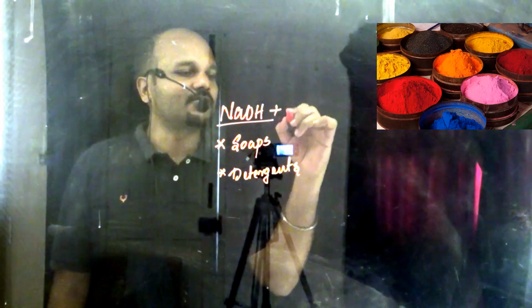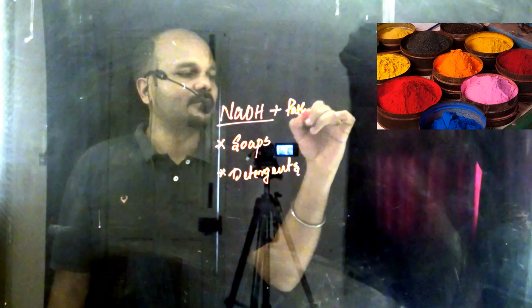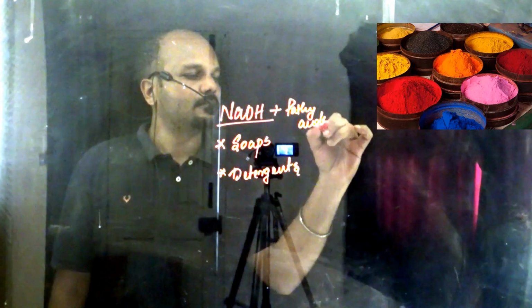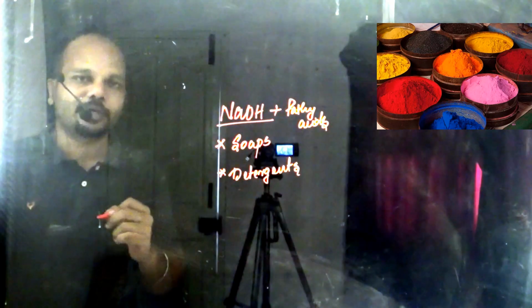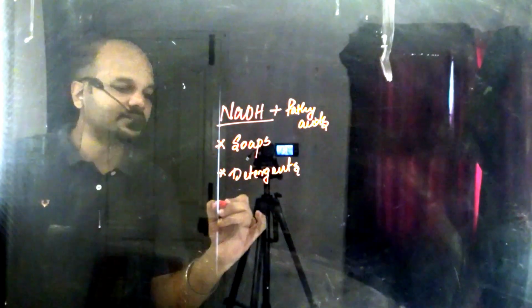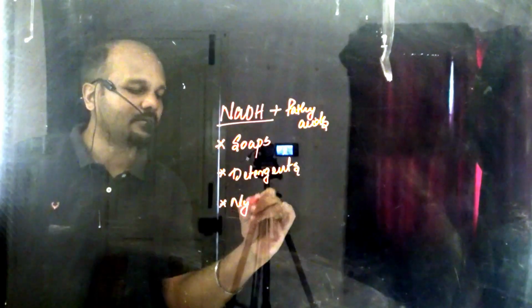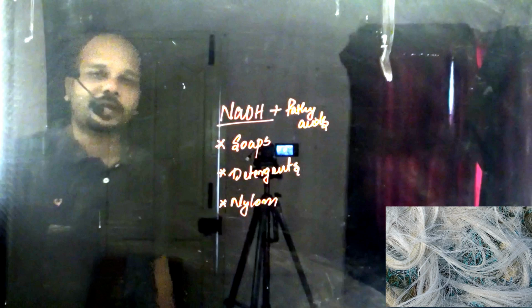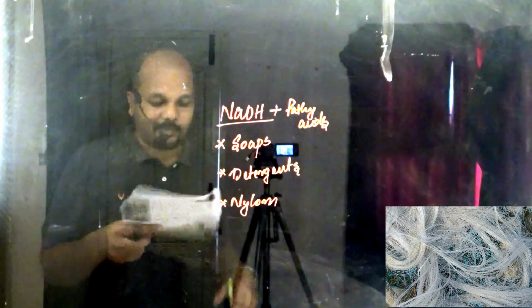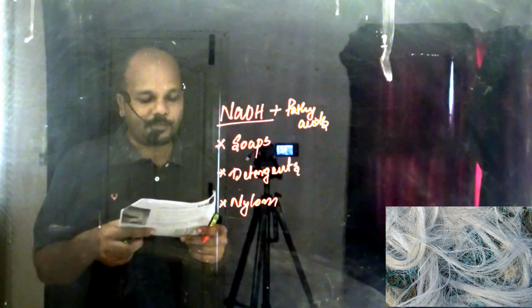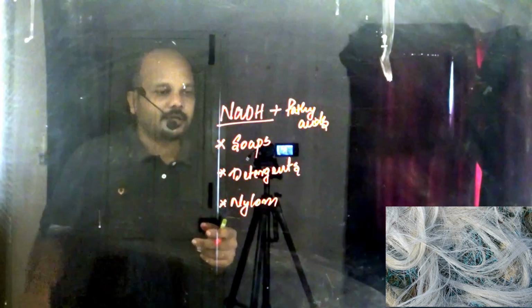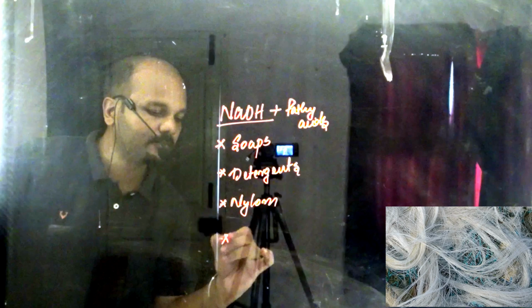If you treat sodium hydroxide with fatty acids, this is going to form soap. And of course the detergents, and then nylon. Nylon is a polymer. For making this polymer, we use sodium hydroxide, and then dyes,